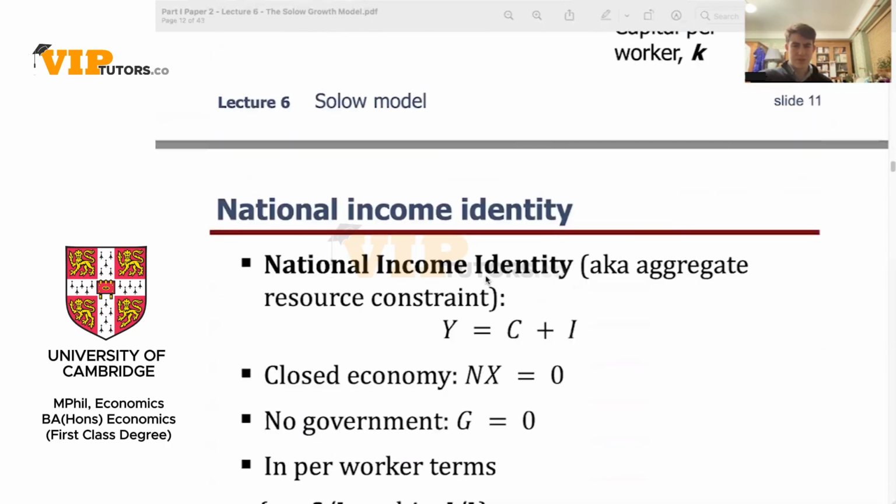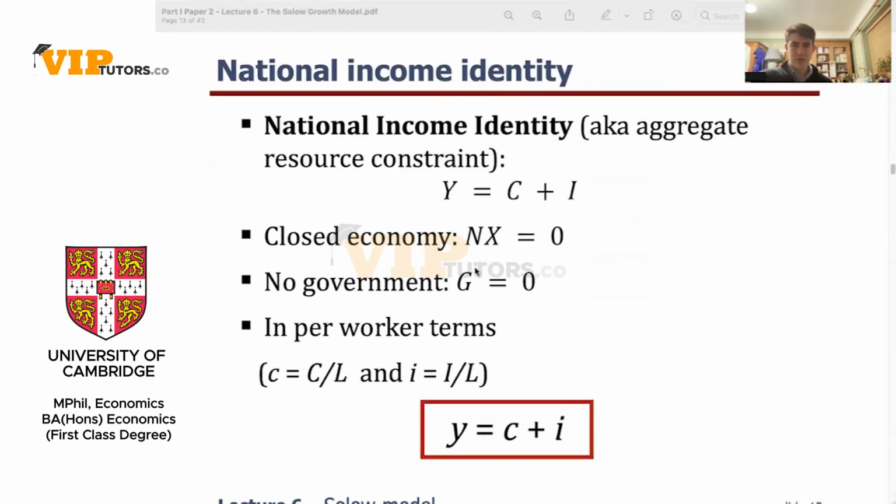let's move on slightly. So the next thing we have to do is set up our economy, okay? So this is a closed economy without a government. So you might recall that aggregate demand, which is equal to Y, the same as our income, is equal to consumption plus investment plus government spending plus exports minus imports, okay? You might be used to this.